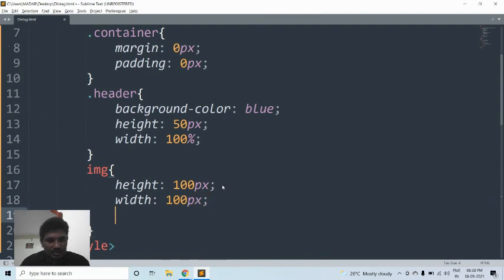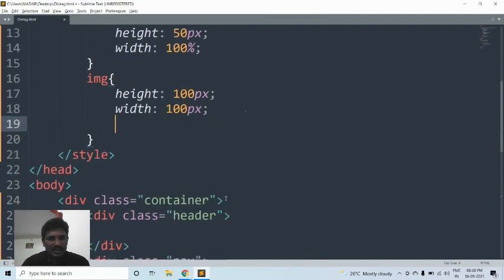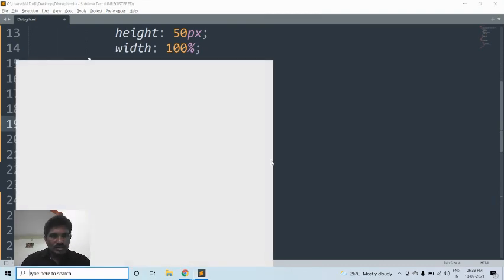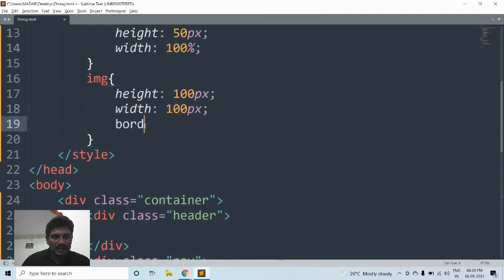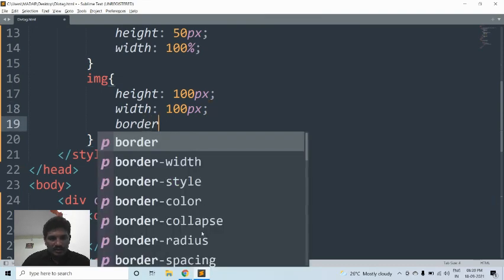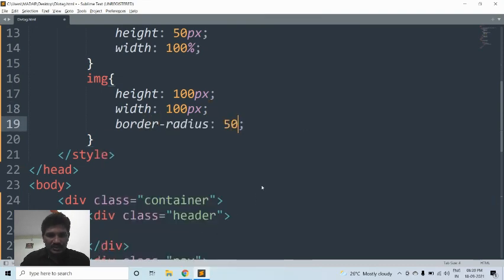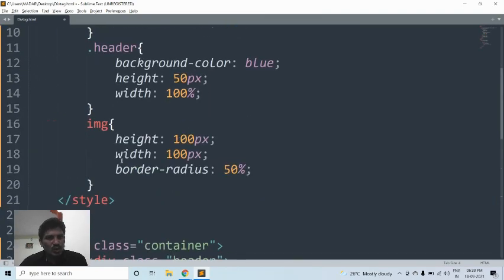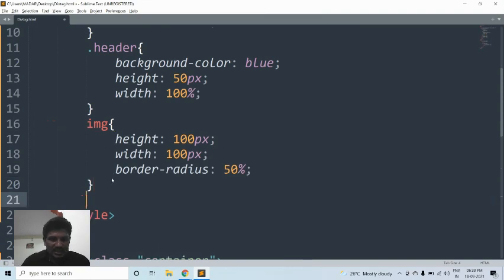Then if you want to display the image in a circle format, then border radius, what is called border radius, then 50 percentage, isn't it? Then I would like to add the width and height for the navigation. Then what you have to do is the navigation.